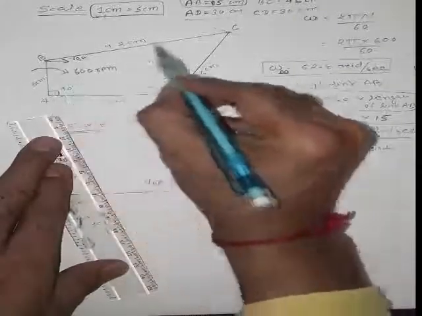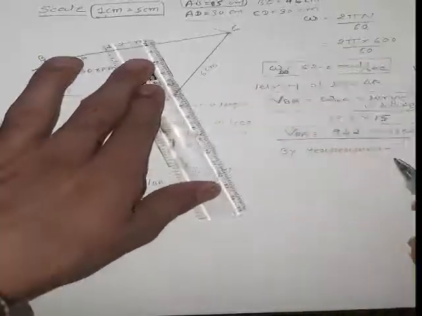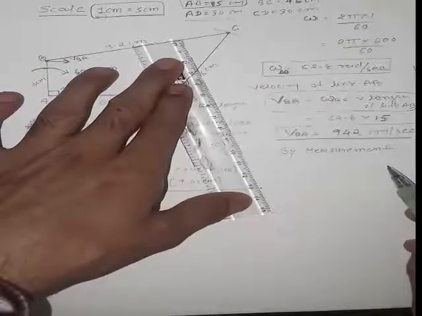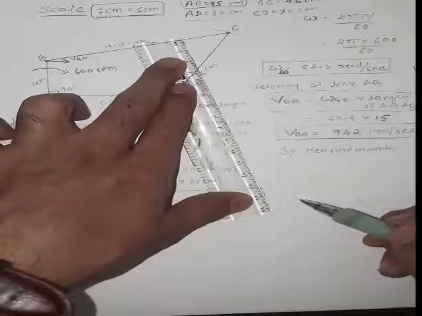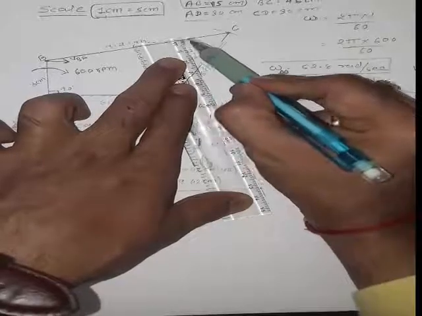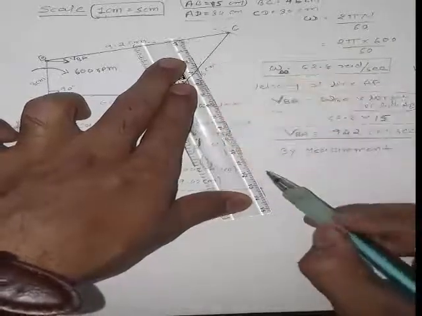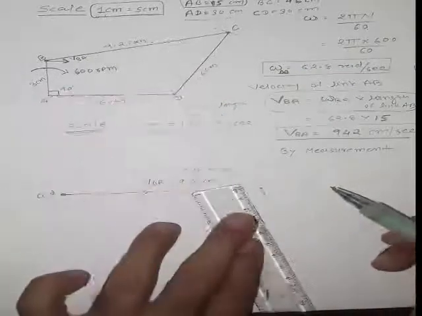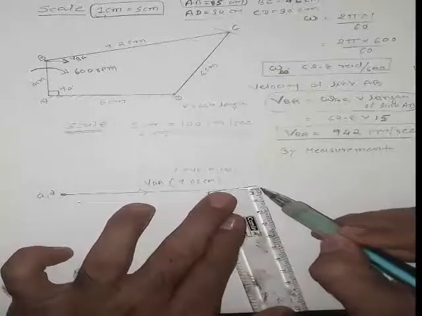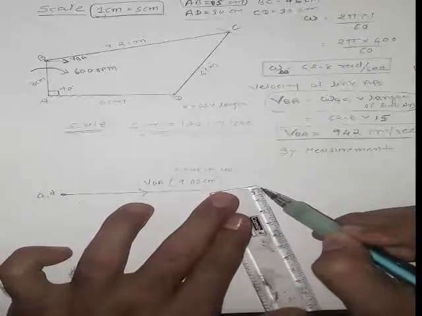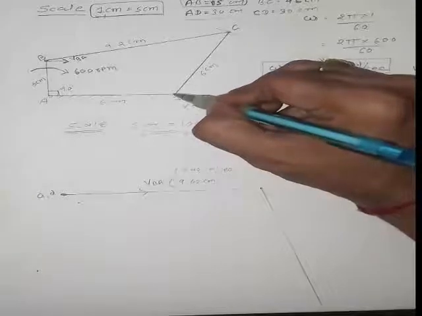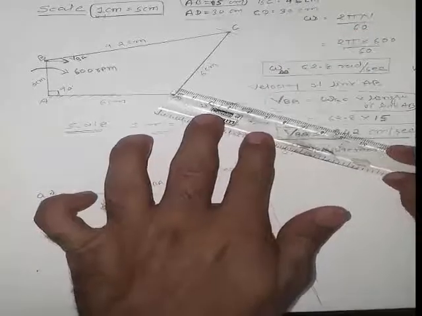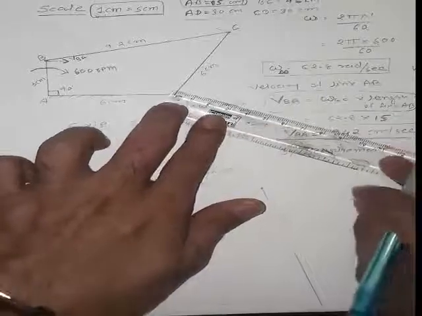Okay, so this BC, and we have to draw the perpendicular line. So from here, if you consider like this, so from here, you can apply your own method for drawing the perpendicular line. See, I match over here with the scale and draw over here perpendicular line. Now I have no idea what is the velocity, what is the magnitude, so I draw over here randomly like this. Then from point D, this is also a fixed point, so I have to draw the perpendicular line of this also.